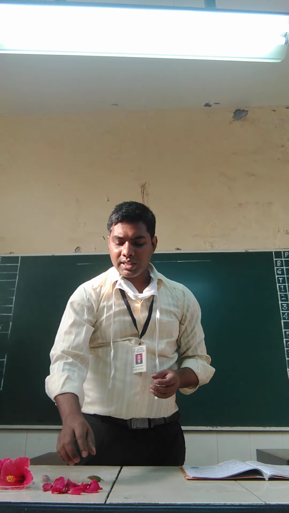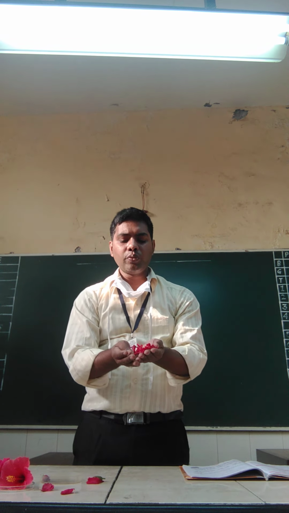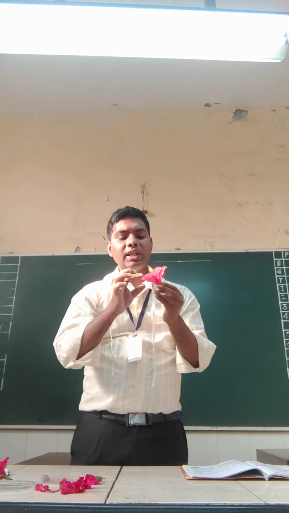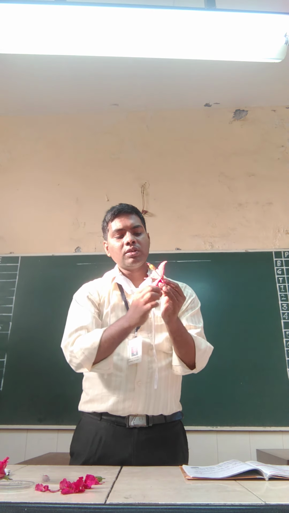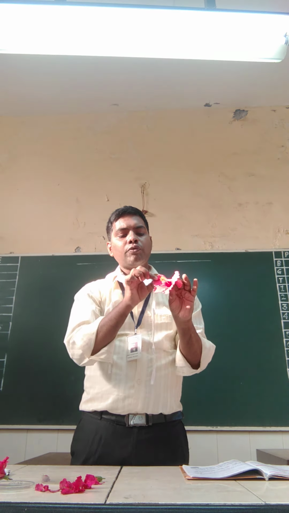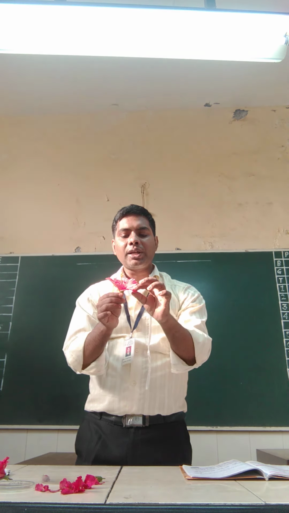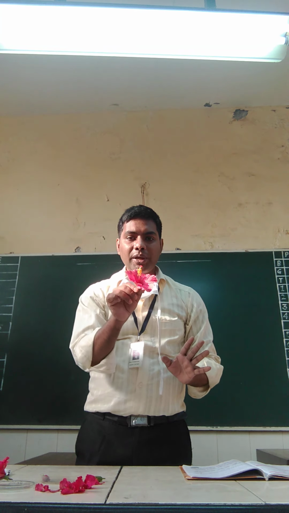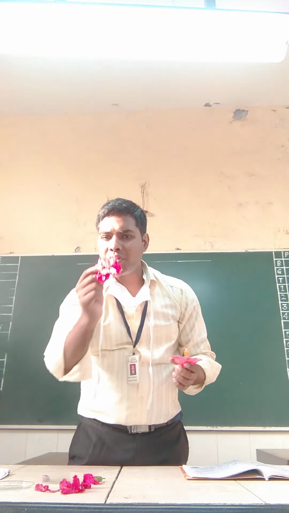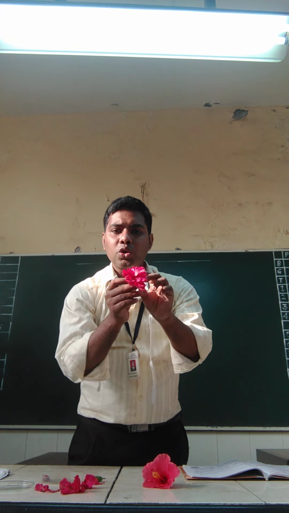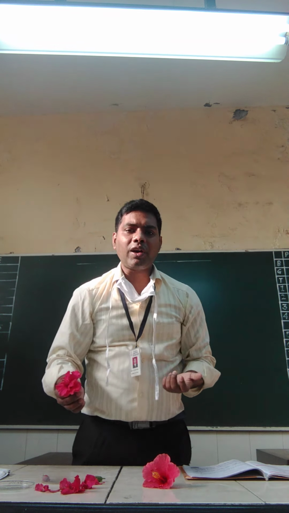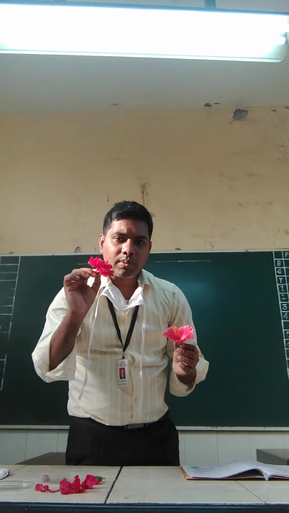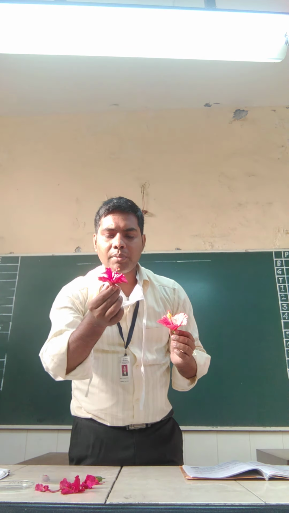Now, when we talk about petals, I have removed some petals to show you. Students, when you talk about a hibiscus flower, you will count the number of petals. You will see 5 petals: 1, 2, 3, 4, and 5 petals are there, students. But when you go and buy a hybrid variety, you will get many petals. So you will not get confused that sir told only 5 petals and here there are many petals. No, it is not like that. We have 5 petals, but when we talk about hybrid varieties, there are many petals, students.